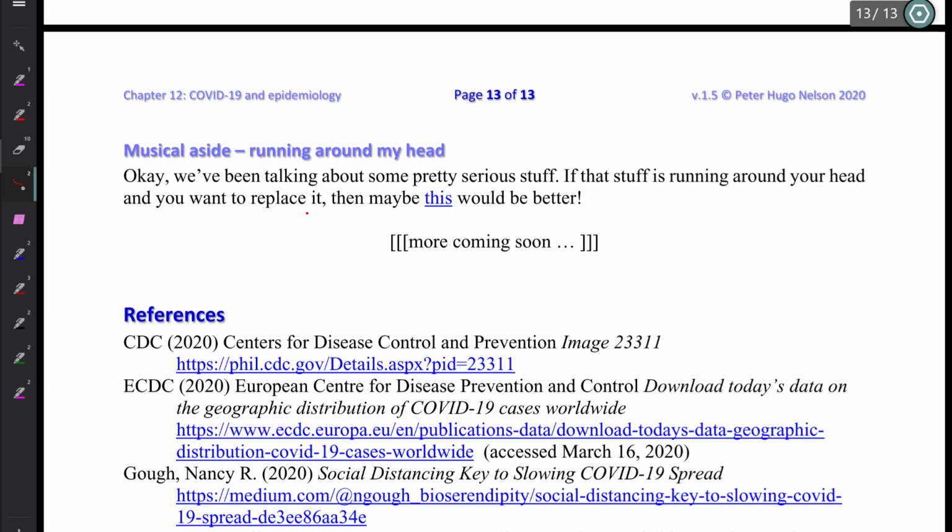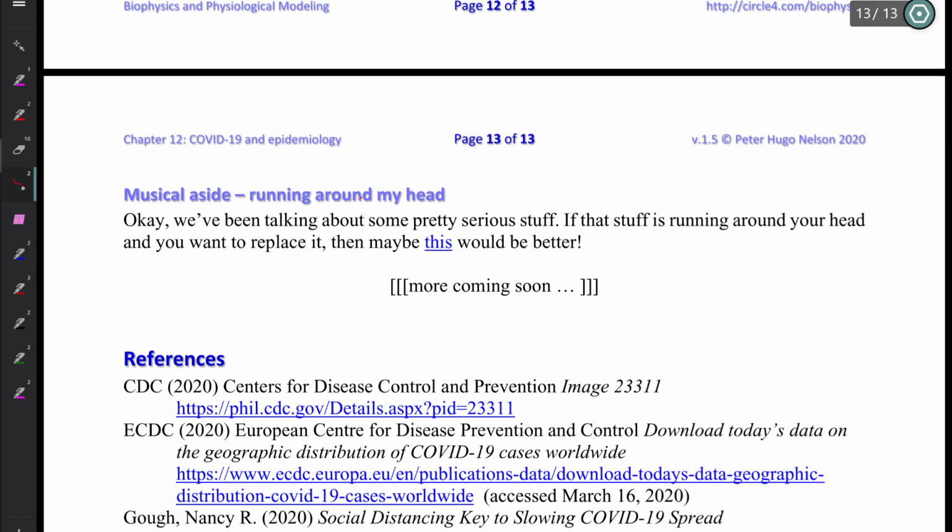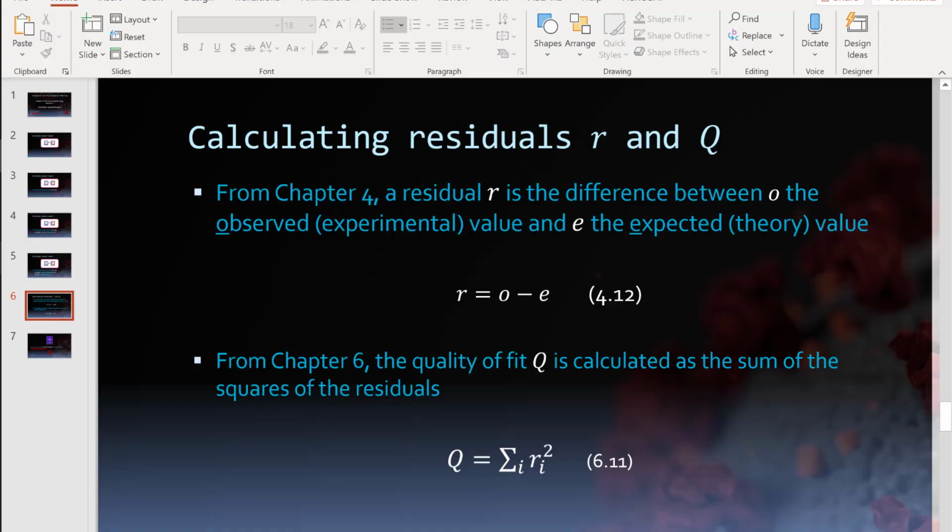We're going to be doing more. I put in a link to a piece of pop music that I came across that I thought was interesting. If you're getting kind of had enough of this stuff about COVID-19, pick a pop song about stuff running around your head. It might be better. Anyway, so getting back to our